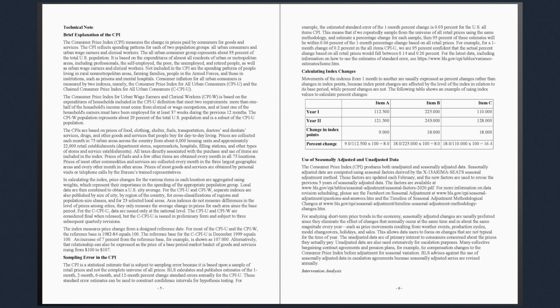For the latest data, including information on how to use the estimates of standard error, see